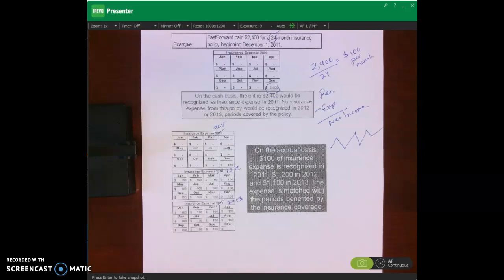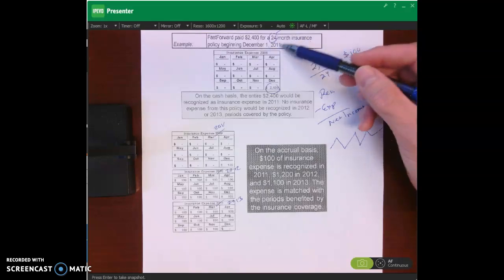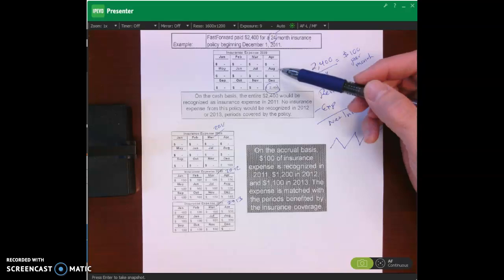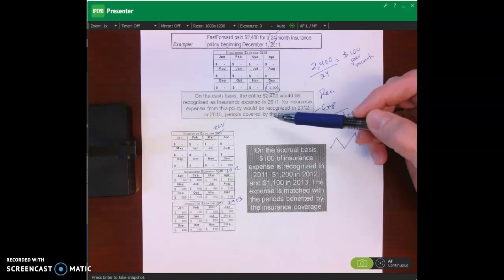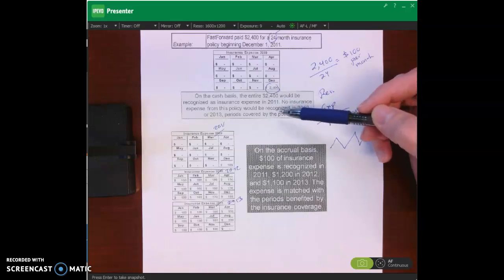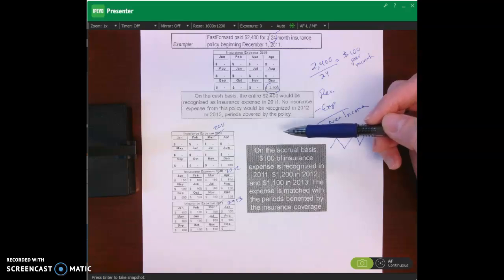Okay? So think about it this way. This is an insurance policy that covers us over 2 years. And that insurance policy is providing us protection. So we are deriving benefits from using that insurance policy over the next 2 years. Per the matching principle, we should then match the insurance expense in the same accounting period for which we receive the benefits of the insurance policy. I'm going to say that again. We should match the insurance expense in the same accounting periods for which we receive the benefits of that insurance